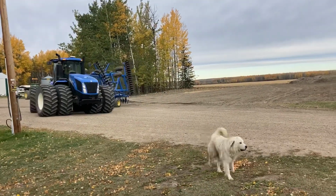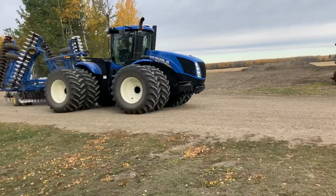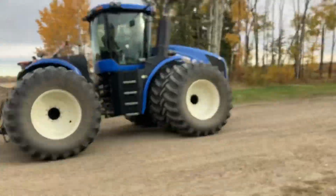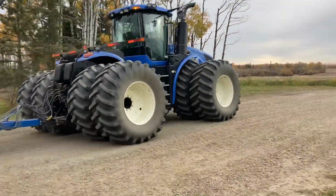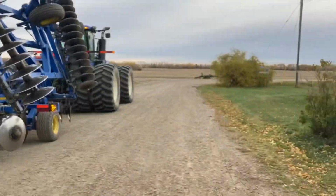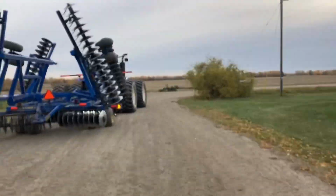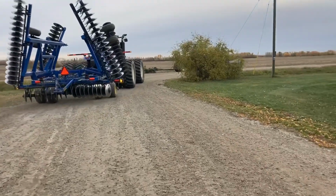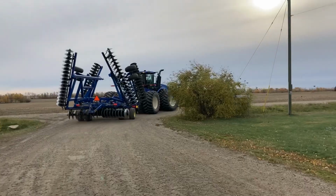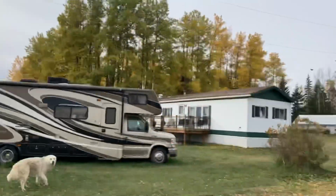Good morning, Monday morning, and we are getting ready to start the fall tillage day number probably 3. We've actually done quite a bit so far. So Corey's heading out with Gus and the disc, and I'm gonna go jump in Blue and this older light duty John Deere cultivator and continue working this treff land in. I only got about 40 acres left, so it won't be very long. Teddy's gonna chase those birds,